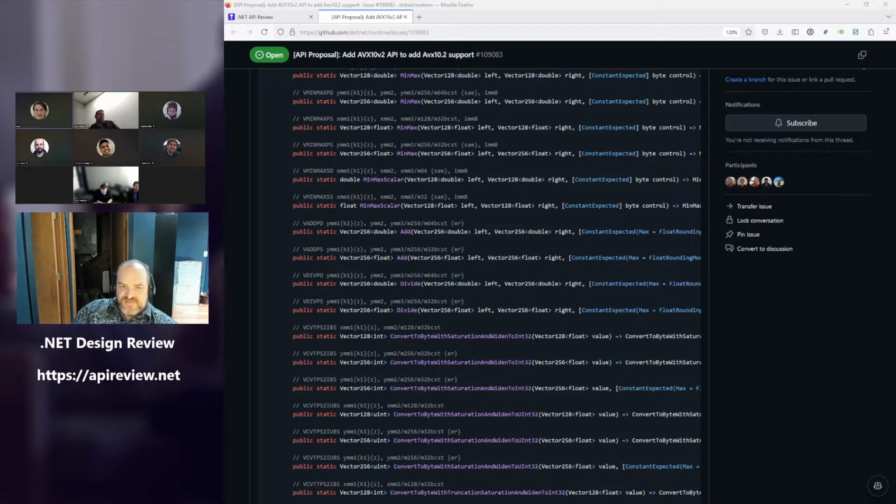So AVX 10.2 is basically doing the design that they feel they should have done originally, where you've got 128 as baseline, 256 builds on top of 128, and 512 builds on top of 256. And you can have the underlying ones without having the larger widths, whereas AVX 512 required you to provide 512-bit support to get access to all of the new stuff, which is what was problematic. I mean, so this is really going back to what our hierarchy is going to look like in the future. So when their next wave of things has some 512 instructions, where do they go?